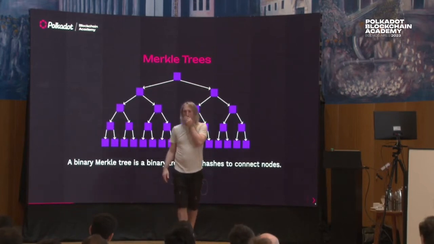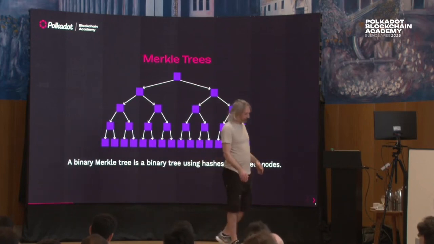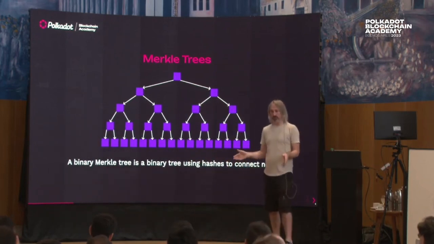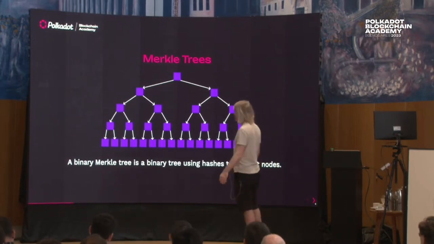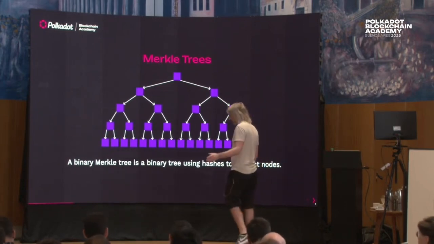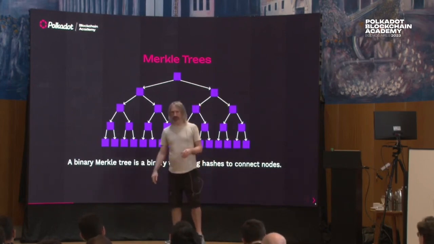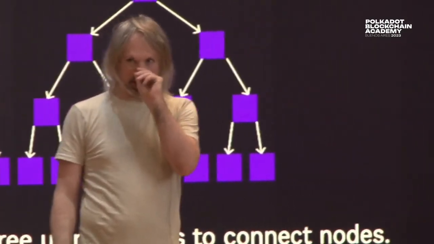Yep. That's how Polkadot does it. So Polkadot is an account-based blockchain in that regard. There are other types of blockchains like Bitcoin that are not account-based. They're UTXO, so-called